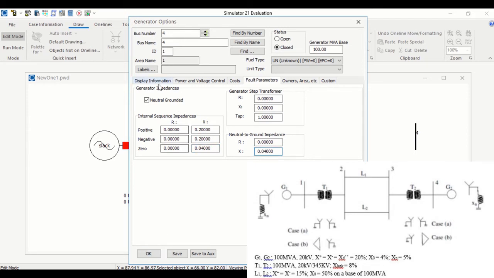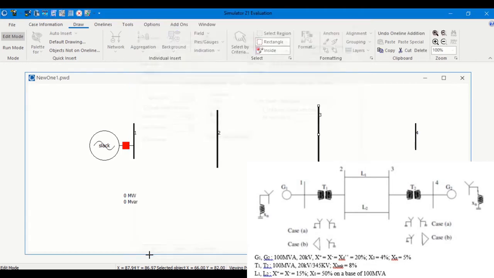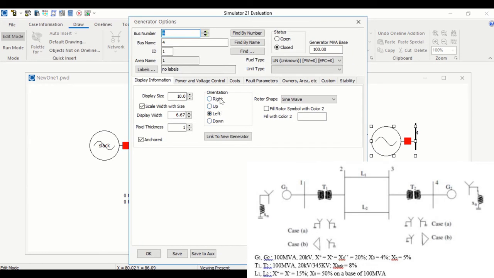Okay, go to bus information and change the orientation, change it to sine wave, and click OK. Now I have oriented it the other way, so let me double click and again change the orientation to right, and now click OK.